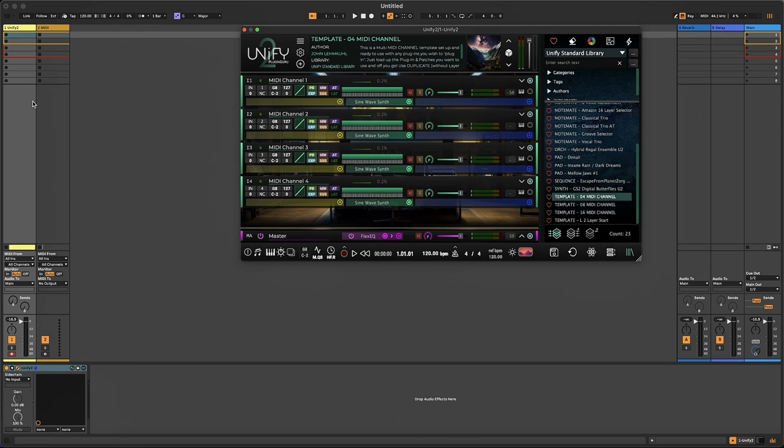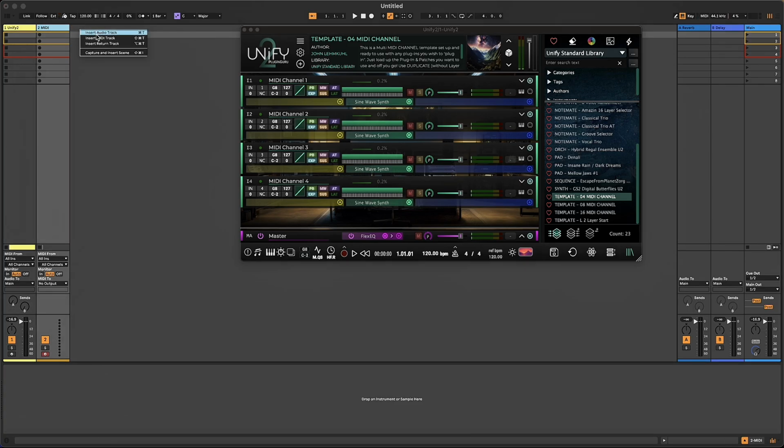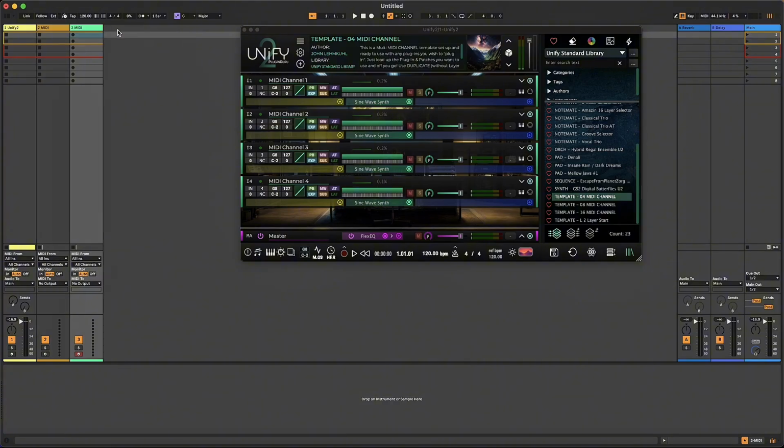So we already have 2 MIDI tracks. So our first track right here, MIDI track, is the instance of Unify. So we have 4 channels. So all we need is just 2 more MIDI channels. So right click. I would suggest you do this first, but you can do it however you want to. Okay. Now we can always name